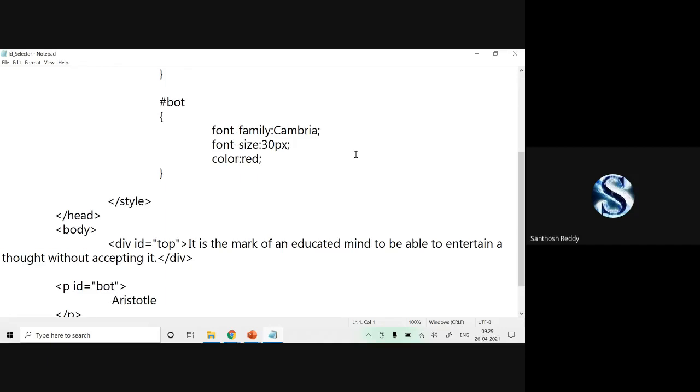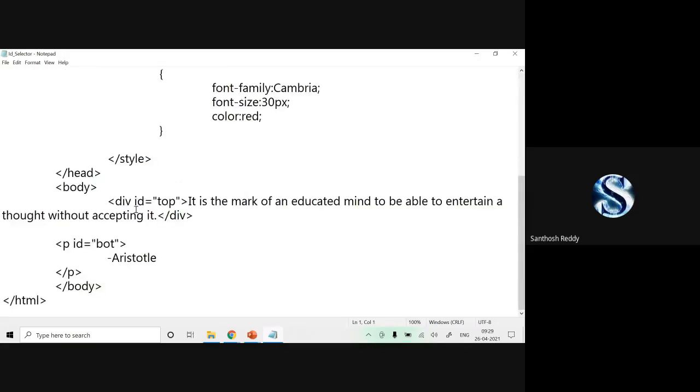But coming to your ID selector, you can apply to only a specific element. Most of the times we are going to make use of this ID with your division property. See, div ID is equal to top.